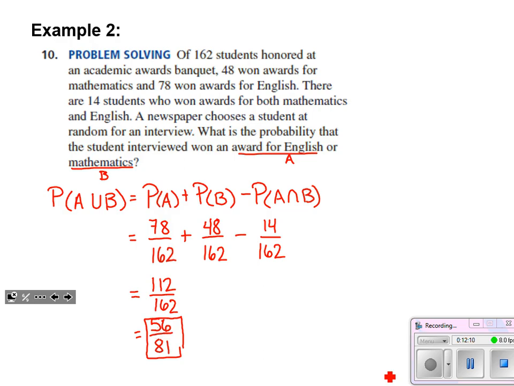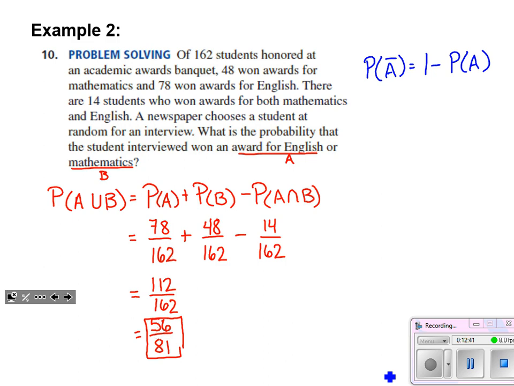All right. Now, the other way that I saw to do this right away, the other word, right, we've been talking about ands and ors. The other word is not. If you remember, we talked about the probability of not A is equal to 1 minus the probability of A. It's the complement of the event. So ands, ors, and nots. If you can remember those three, if you can break the problem up and interpret it that way, it makes the work much, much easier.